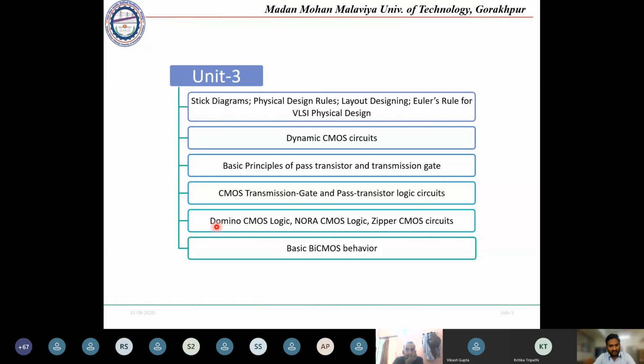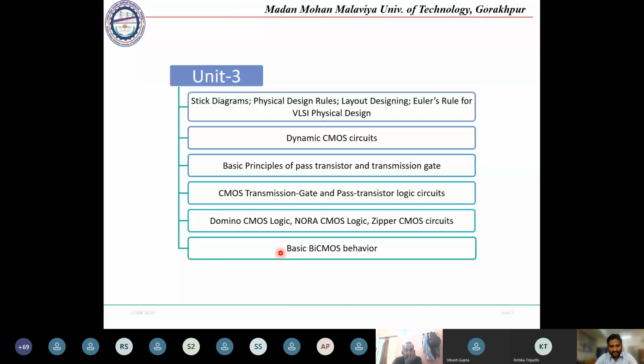Okay. So basically, the domino logic circuits are mostly used for designing digital circuits. So this is one of the research areas also. Currently there is different research going on for designing domino CMOS logic. Based on domino CMOS logic, we will be designing any gate. Domino CMOS logic is one of the methods by which we can design either an inverter, NOR gate, or NAND gate. So we will be studying that also.